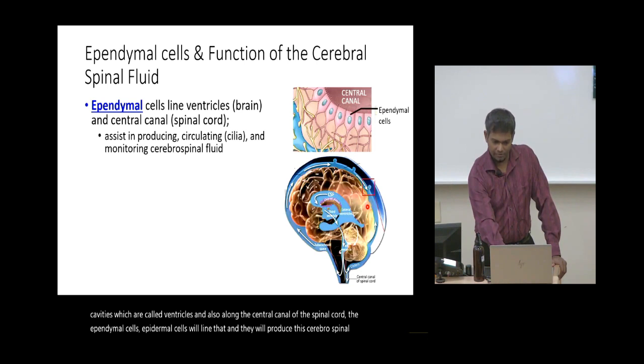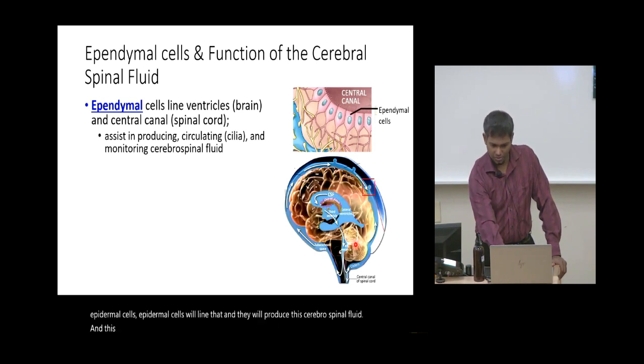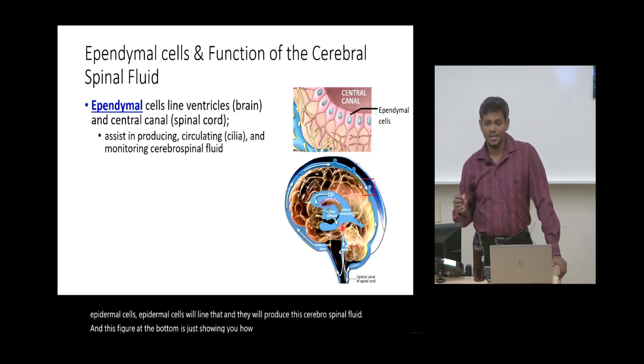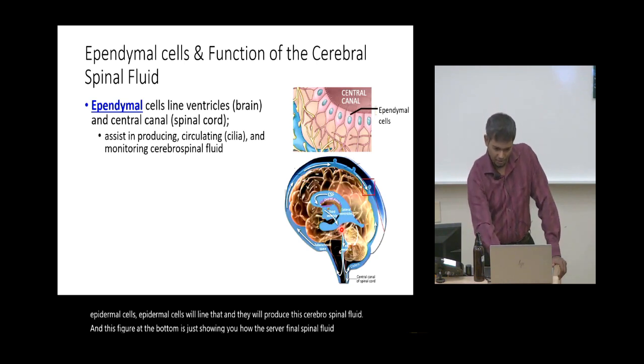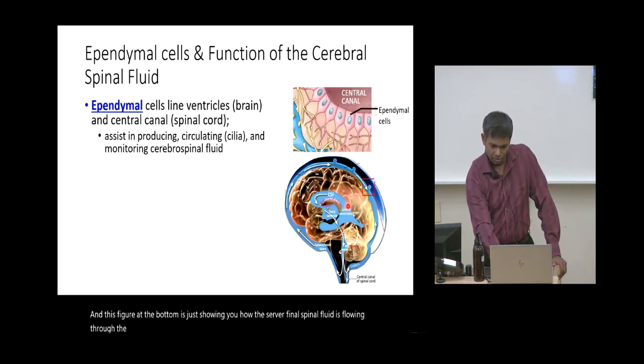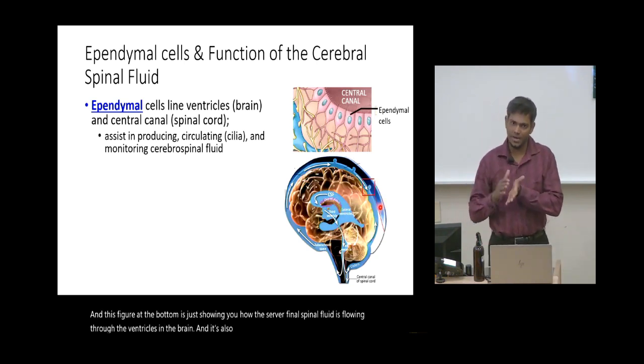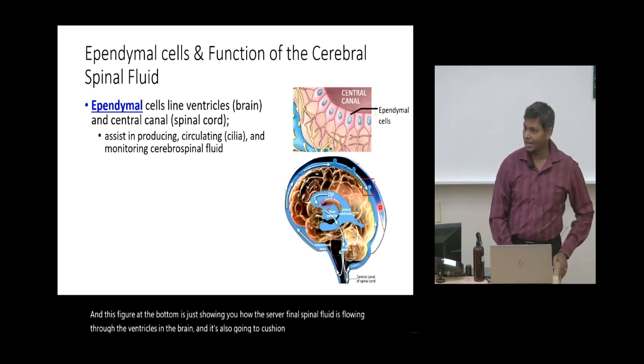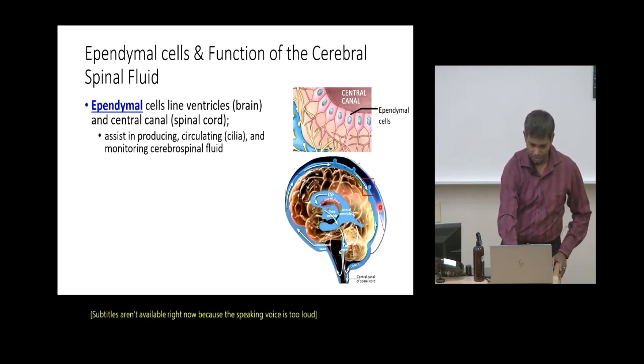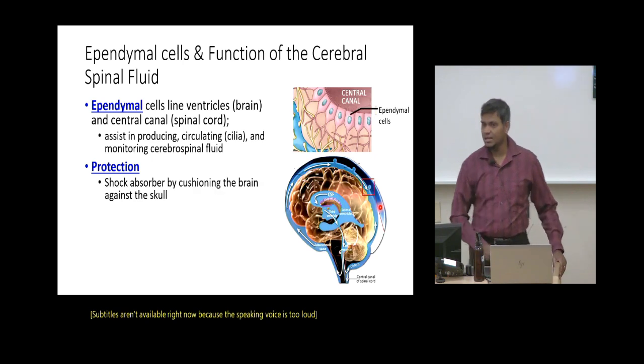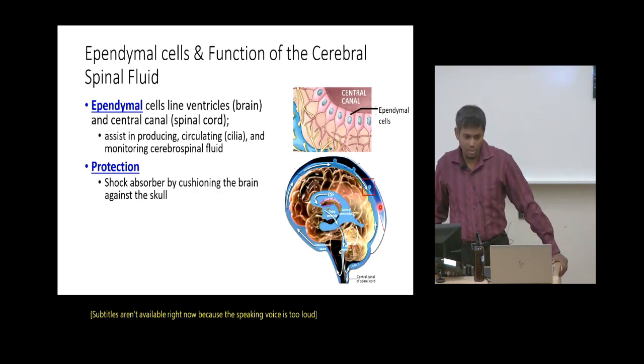This figure at the bottom is showing you how the cerebrospinal fluid flows through the ventricles in the brain, and it's also going to cushion the brain so that it's not directly touching the skull. And so we see that this cerebrospinal fluid cushions both the spinal cord and the